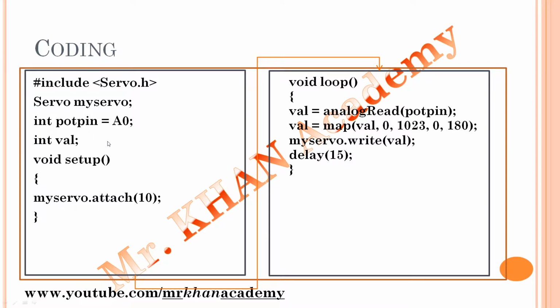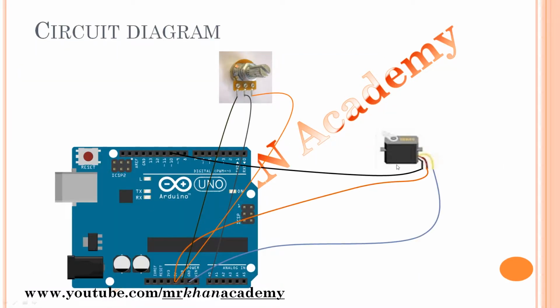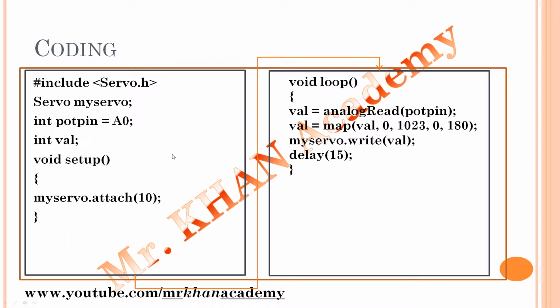After that the pot pin, that potentiometer I connected with the pin number A0. Because of that I am defining A0. Int val: whatever value the potentiometer reads and sends to the Arduino board, that I am storing in val. After that, in the void setup I am defining at which pin I connected the servo motor. Servo motor, as I connected, is on digital pin number 10. Because of that I am defining myservo.attach(10). In a void loop,